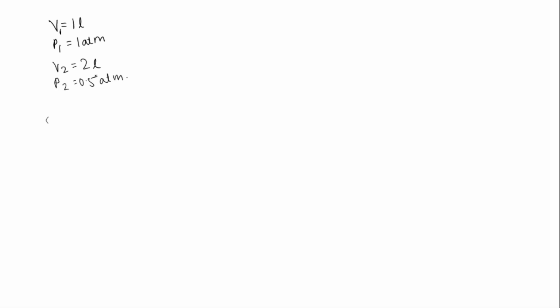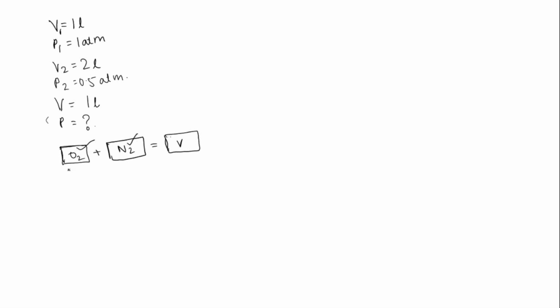They are introduced into a vessel with volume 1 liter. So volume V is equal to the volume of the vessel, that is 1 liter. If there is no temperature change, we need to find the final pressure of the gas in atm. If 1 liter of oxygen and 2 liters of nitrogen are added into a vessel with volume 1 liter, the number of moles of oxygen will remain the same even though it's added into this container. The number of moles of nitrogen also will remain the same.